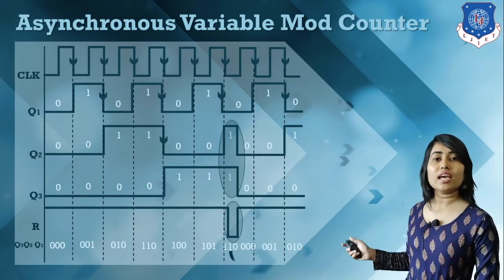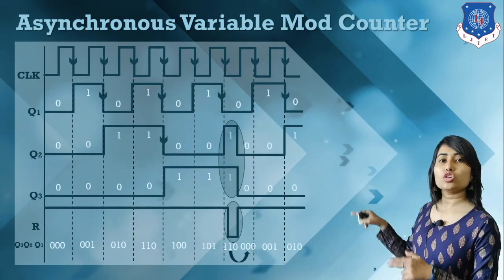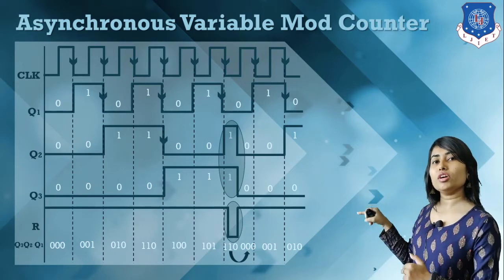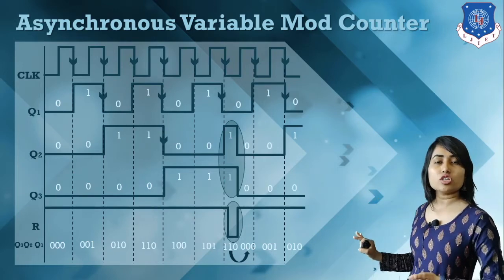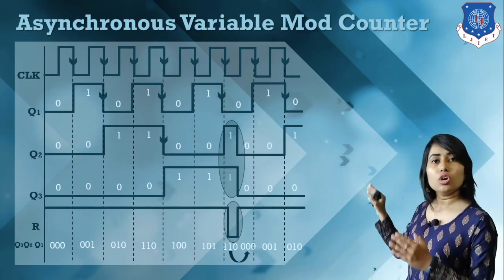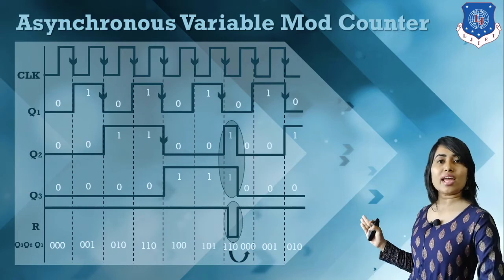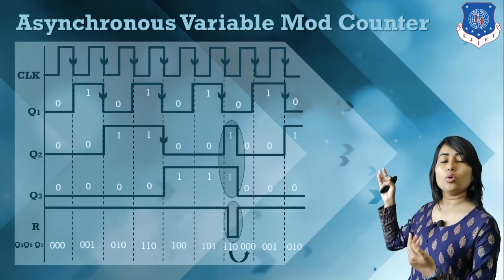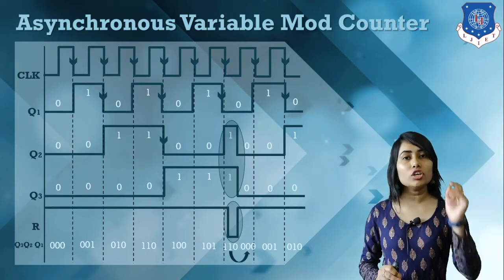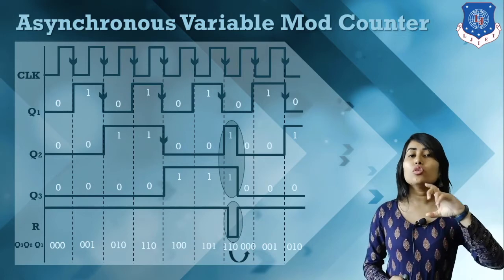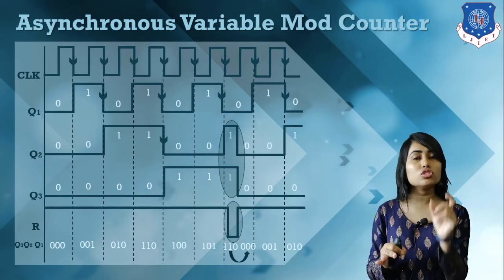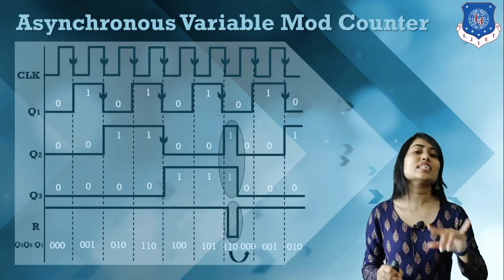Here we have a 1 1 0 and it will be replaced with 0 0 0 because all the values are cleared. For a small duration we have a 1 1 1 over here, but whenever this R is equal to 0, all the stored values in the flip flops are reset and we have 0 0 0. Then from 0 0 0 it will count next in a 0 0 1 manner, then 0 1 0. It will count like this. Whenever Q3 and Q2 are equal to 1, we have this sixth value, that is 110.